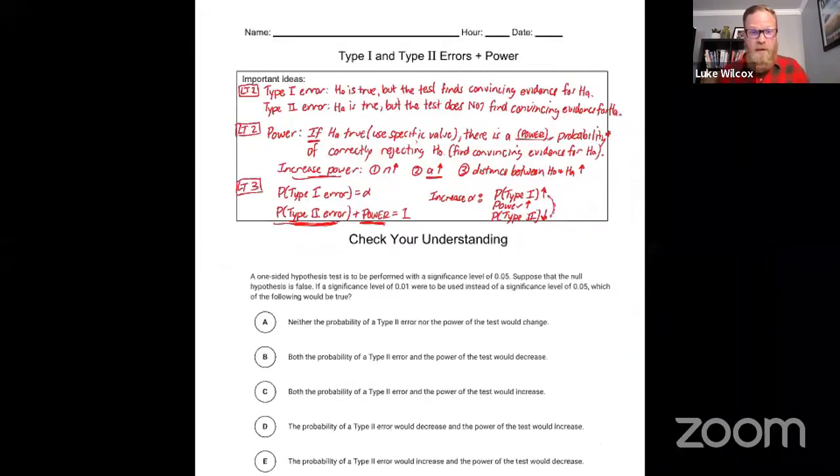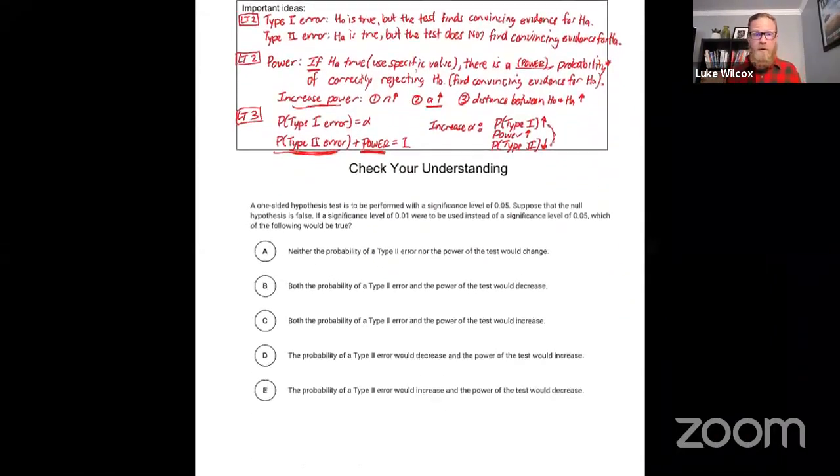All right, so there is a check your understanding problem. This is your homework problem for the weekend that will be due on Monday. Mr. Murphy will start his lesson on Monday by taking you through this practice problem. It's also available to download at